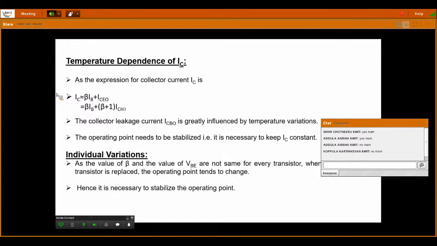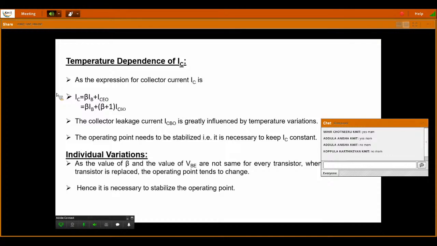Now, in order to represent this ICEO in terms of ICBO, it is equal to beta plus 1 times your ICBO, where ICBO is the common base leakage current. So we can also represent that common emitter leakage current in terms of your common base leakage current. ICEO is equal to beta plus 1 times ICBO. Now this collector leakage current ICBO is